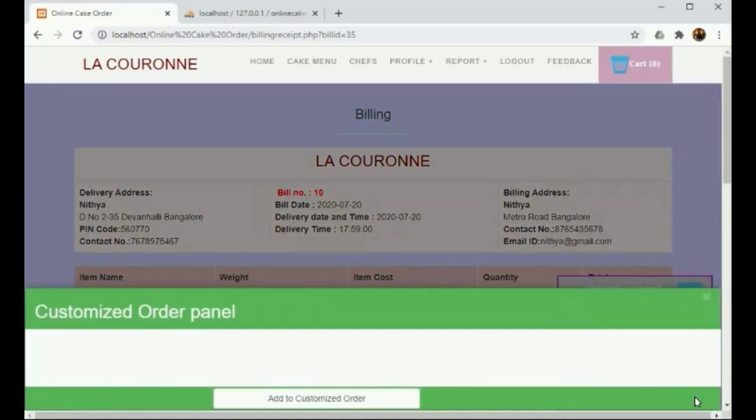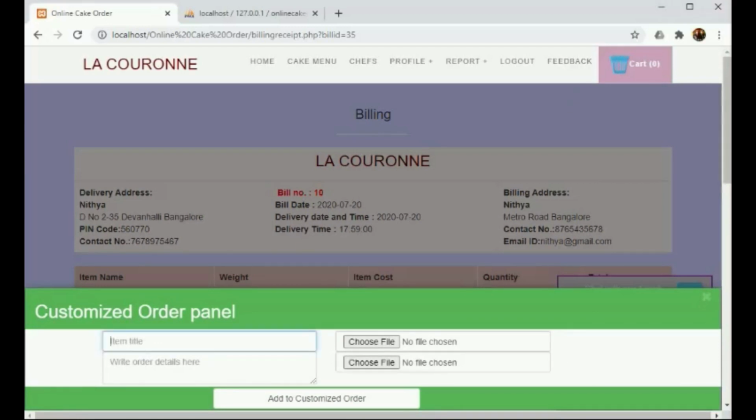There's one more option, that is customized order panel. Here the customer can mention the item title, order details, and the files can be chosen, that is the images can be chosen. Order item title, it means here the customer can mention what type of cake they require. Here the customer mentions chocolate 3-layer cake. And under order details, the customer mentions as wedding cake, and customer can select the